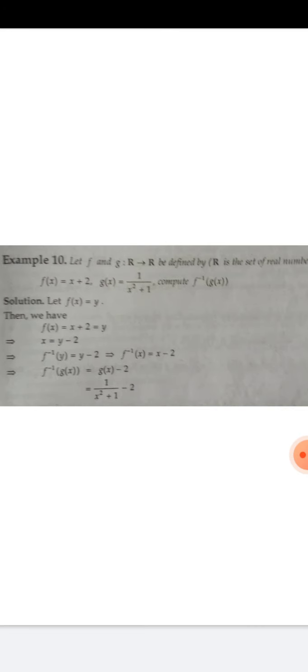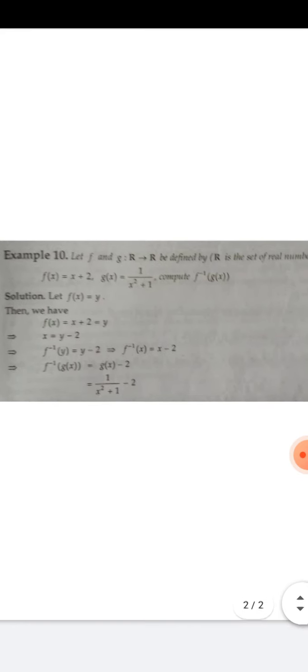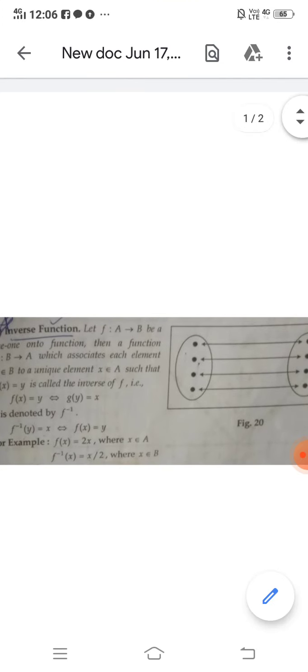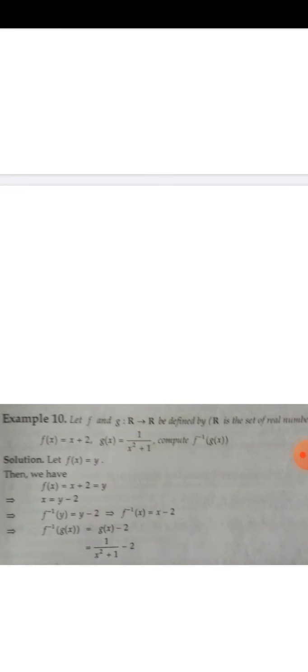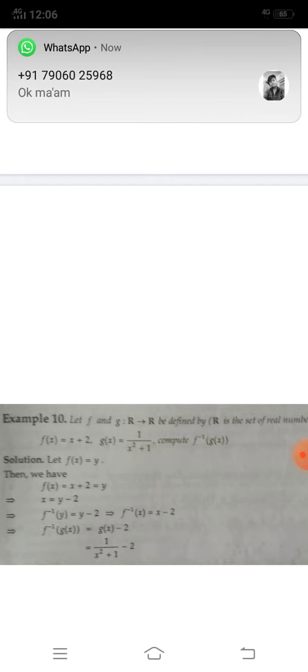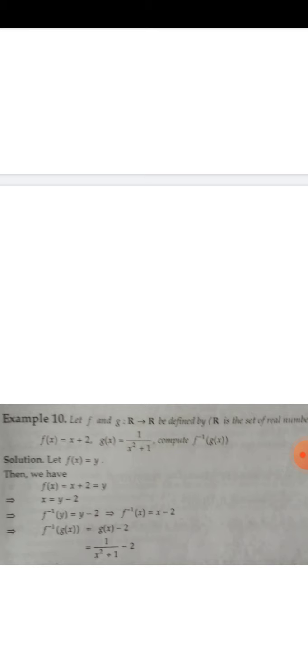Simple. So today I have discussed inverse function with numericals. It is a very simple concept and important also. Just learn and practice it. Next I will discuss in another video. So functions are done today. In this unit, unit 4, functions and relations, two topics are given. Functions are done today. Relations are remaining. I will discuss relations in other videos.